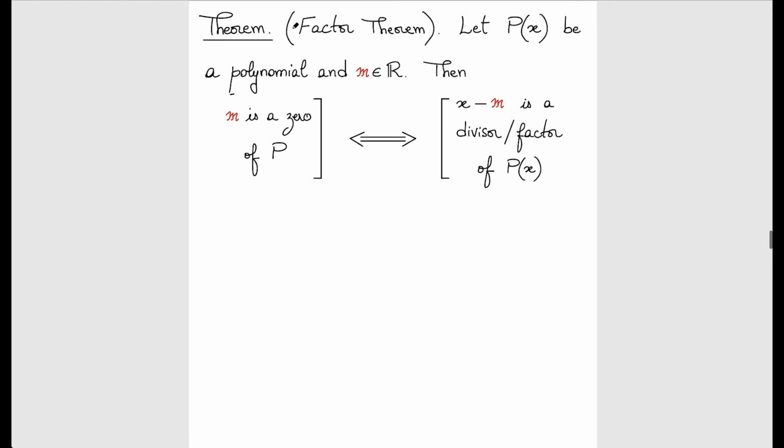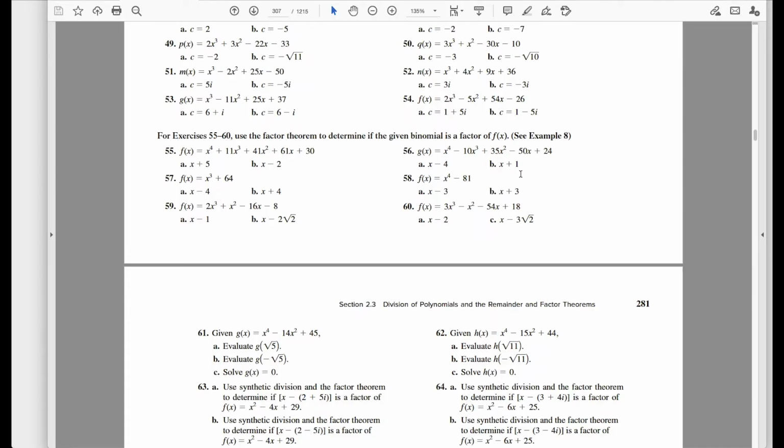Okay, so this is called the factor theorem. Let's do an example to apply the factor theorem. This is still on page 280. Let's do number 60. The question here is, use the factor theorem to determine if the given binomial,